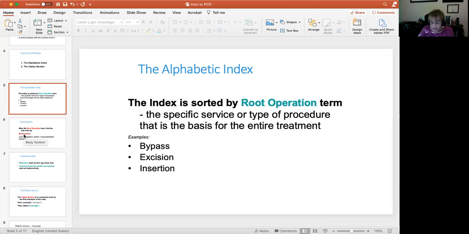But this is also something else I want to tell you. In the back of your code book are these appendices. And the appendices are tables that have all the root operation terms, all of the approaches, everything like that, with not only the definitions again, but examples, which sometimes I need. Sometimes I use the example